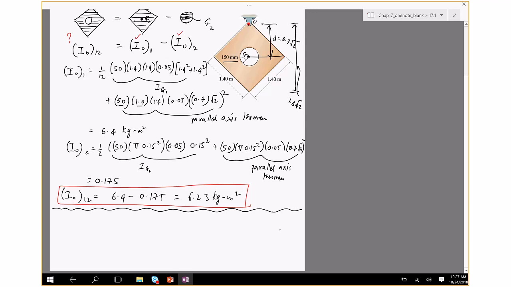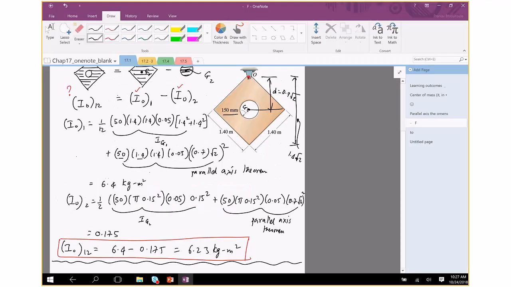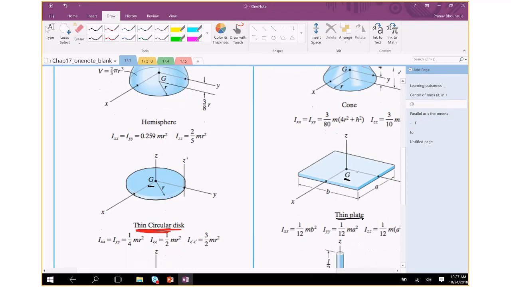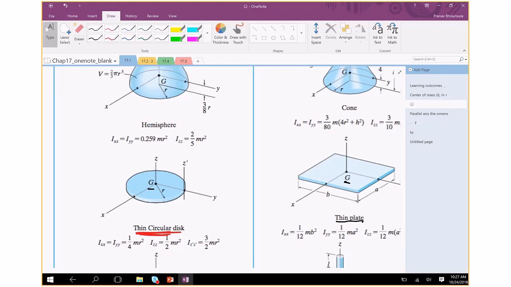Okay, any questions? Yeah, question. Why didn't we use the Z prime? Sure. So the question is, well, we know the inertia about Z prime. Can we use the inertia about Z prime? Well, you could potentially use the inertia about Z prime, in which case it will be